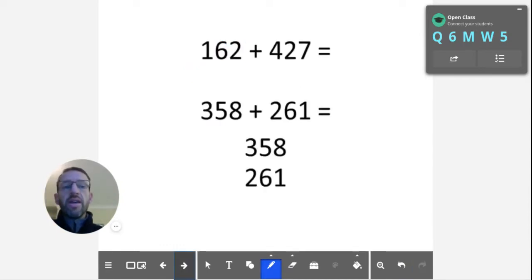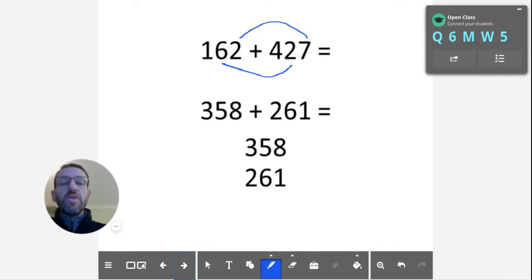Even when numbers get bigger, you still need to look at the digits and see if it's difficult and complicated or not. When I look at these numbers, I can see that the ones only add up to 9. They don't cross the 10 boundary, so they're not going to involve any 10s. If I look at the 10s, they're only going to add up to 8. Again, they don't cross the 10s boundary into the hundreds, so there's no exchange to take place,